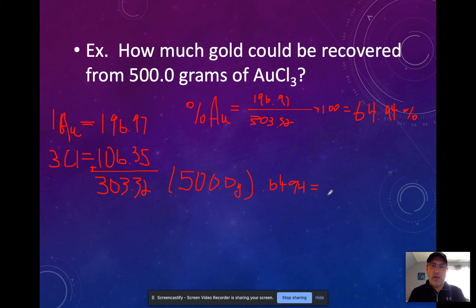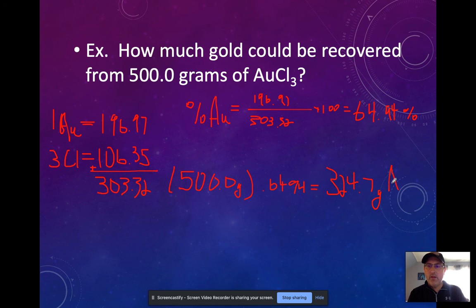So when we do that, we're going to get a gram amount. And that's going to be the gram amount of gold that is in the gold-3 chloride. So I have to take 500 times 0.6494, and that gives me 324.7